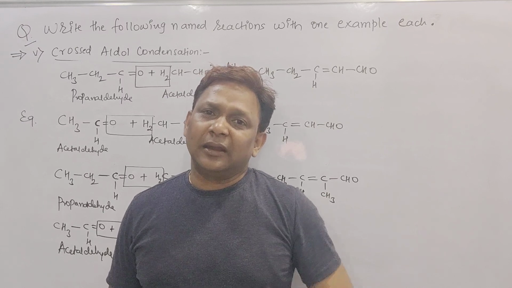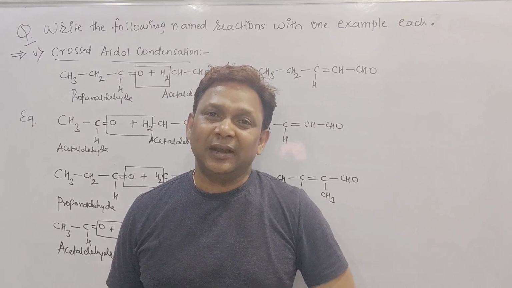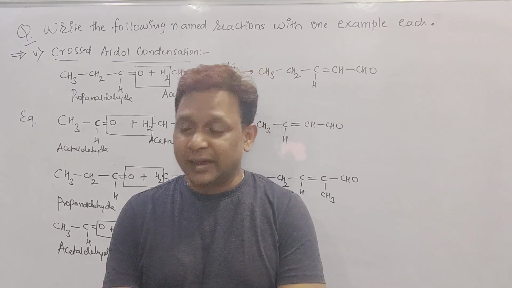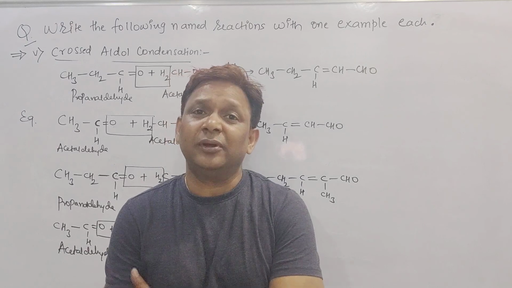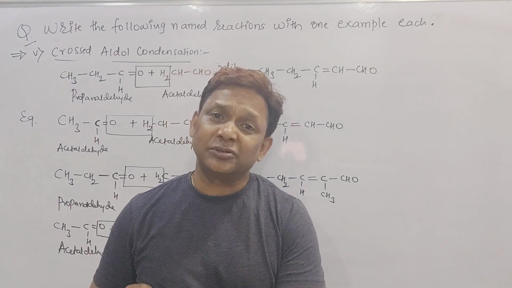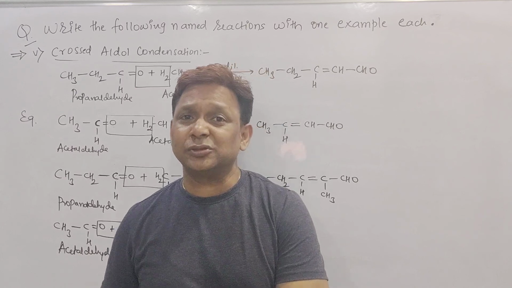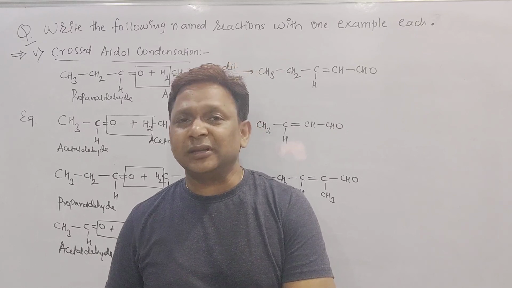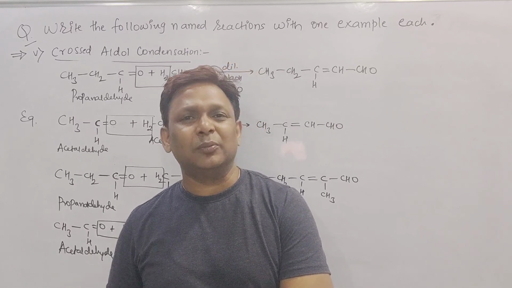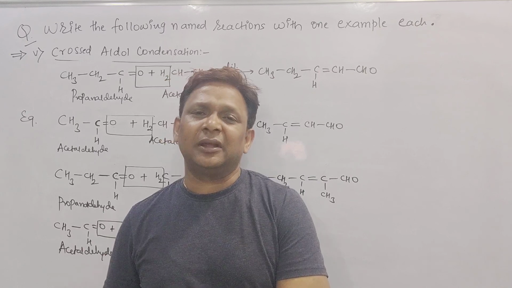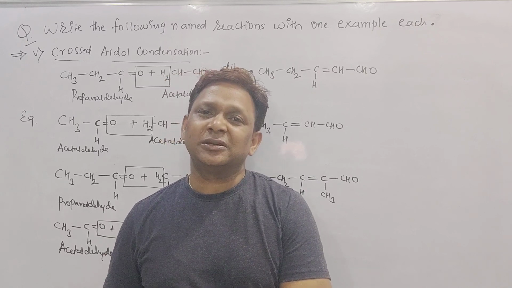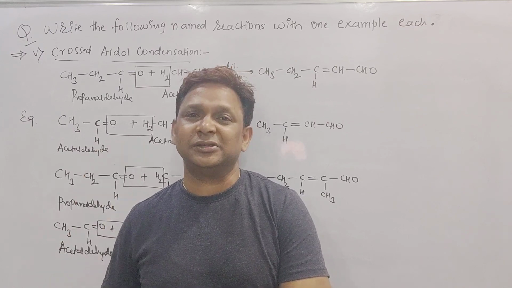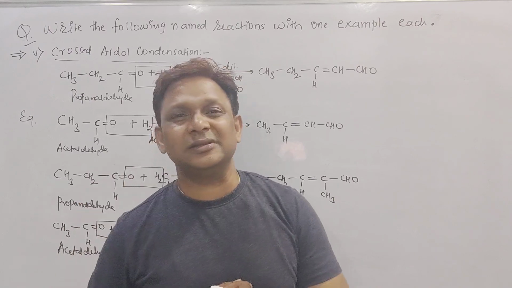Third one we did about Cannizzaro reaction. That is aldehyde containing no alpha hydrogen atom, right? Aldehyde containing no alpha hydrogen atom undergoes condensation in presence of concentrated NaOH, and it undergoes self-oxidation and reduction, gives rise to what, beta? Methyl alcohol and HCOONa. How to write the reaction? HC double bond OH plus HC double bond OH in presence of concentrated NaOH gives rise to CH3OH plus HCOONa. Beta, third one, after this fourth one, aldol condensation, and last one, beta, cross aldol condensation, right?